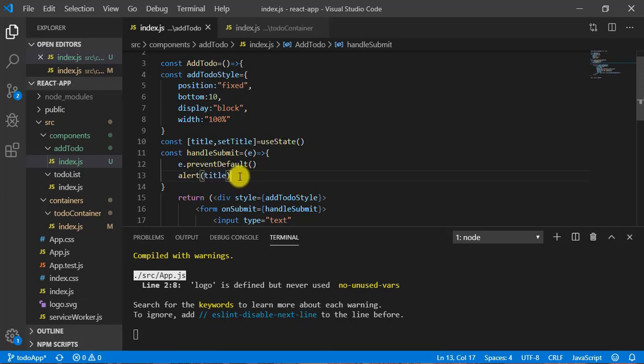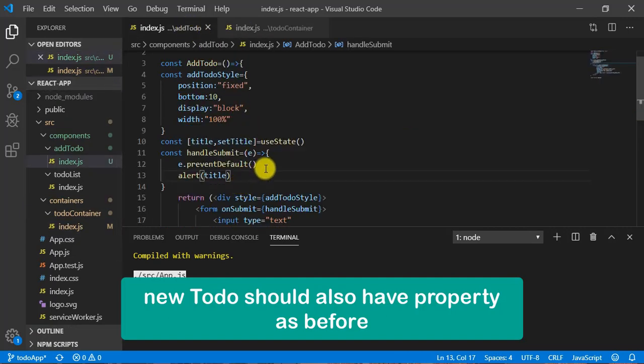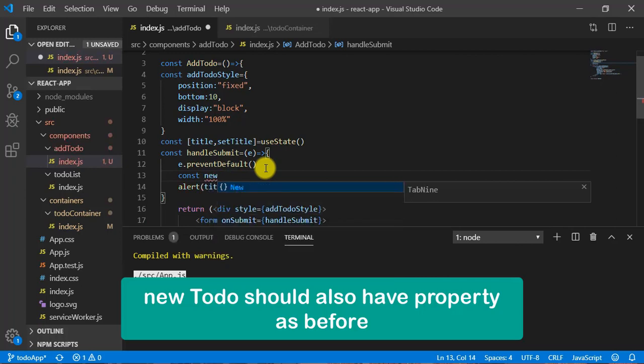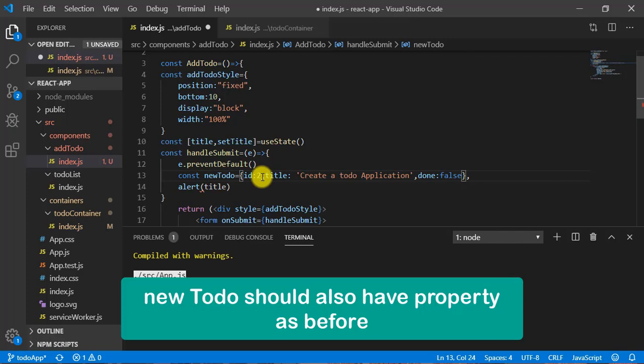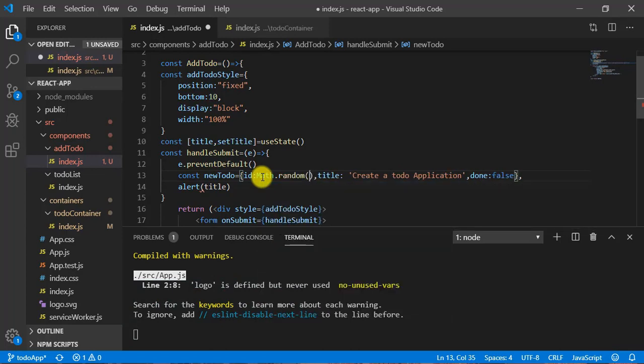So here we need to make an object similar to this one. Let's copy this object structure and paste it here, and call it newTodo. The ID we will generate, so let's use Math.random, which will generate a random ID, and the title value is what we have in the title state.